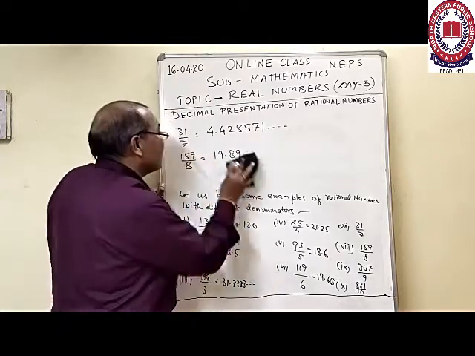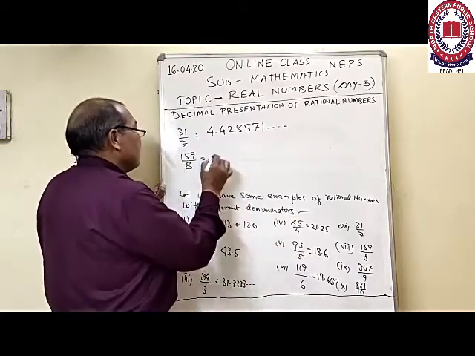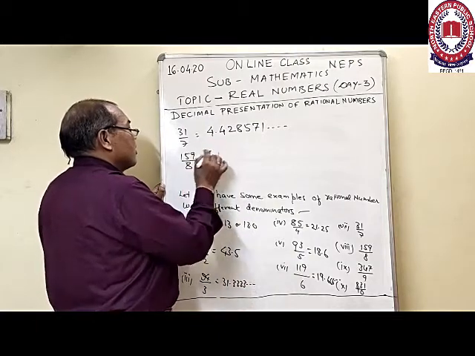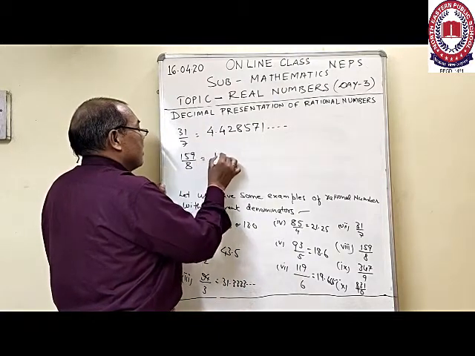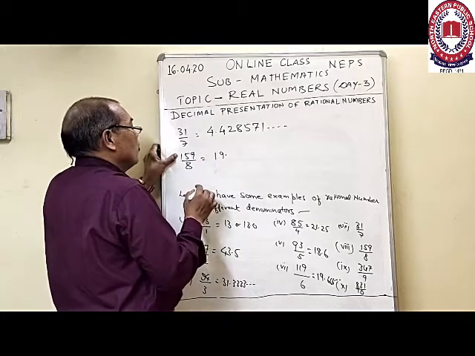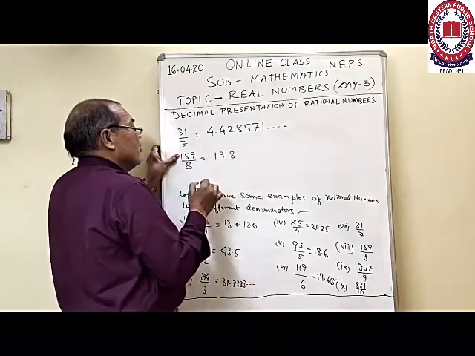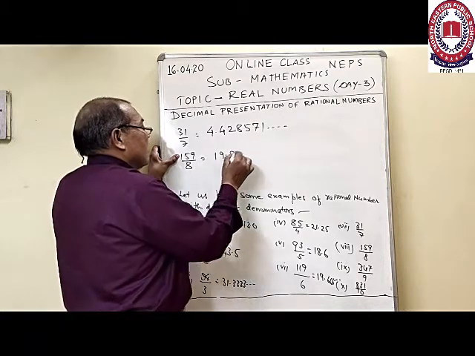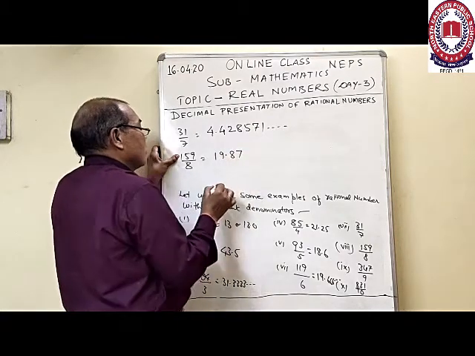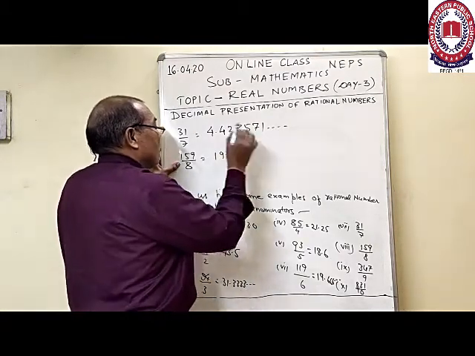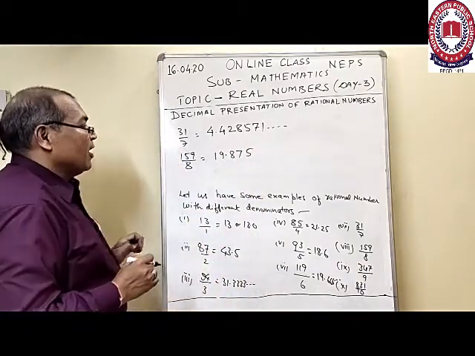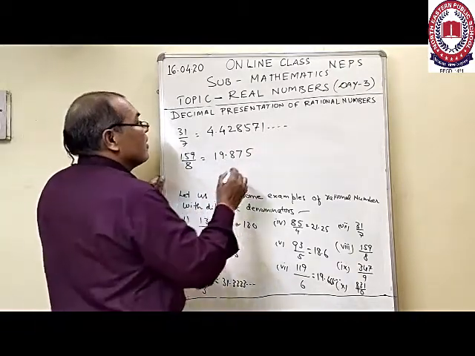Here, 8 times 9 is 72, 7 times 8 is 64, 6 times 8 is 56, 4 times 8 is 40. So the result is 19.875. Then